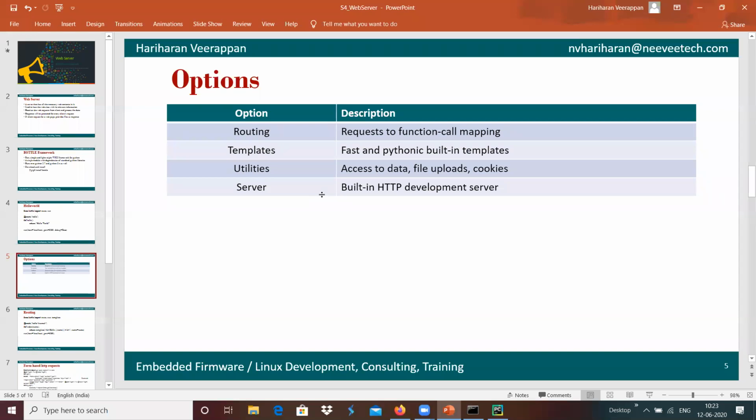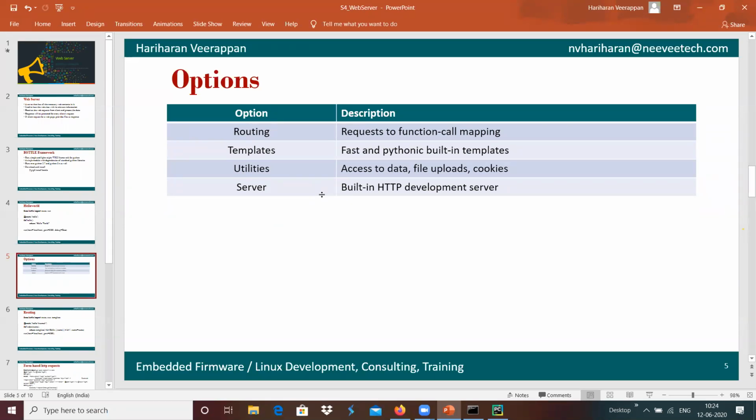And there are templates, something like built-in templates that we can use for faster generation of the respective outputs. And we have the option of utilities which can be used to access the data, file uploads and cookies.